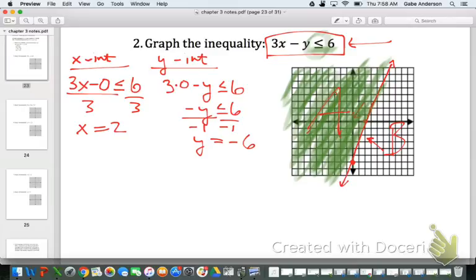No, it does not work. It's 6 plus 2. 3 times 2 minus negative 2. Oh, plus. So it's really 6 plus 2, and that's actually 8, which is not less than or equal to 6. So it didn't work. So the reasoning for the shading, Sam, is that if you're going to graphically represent all